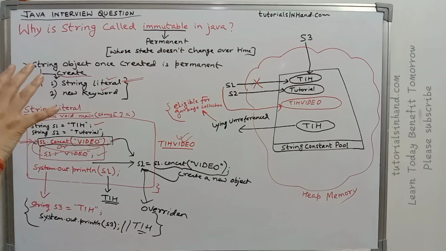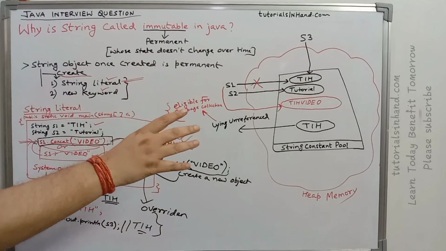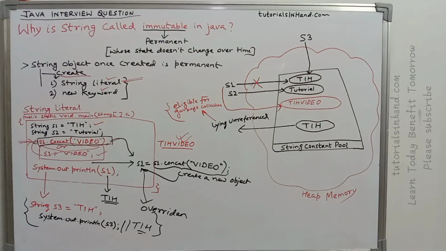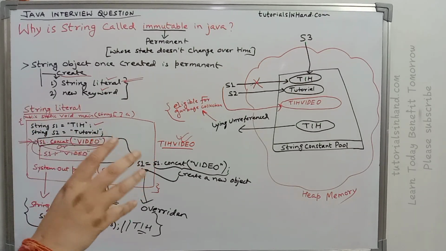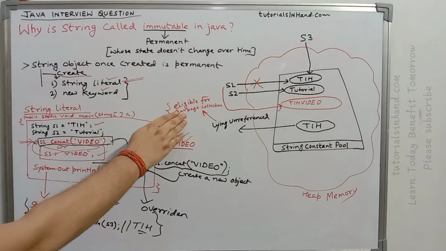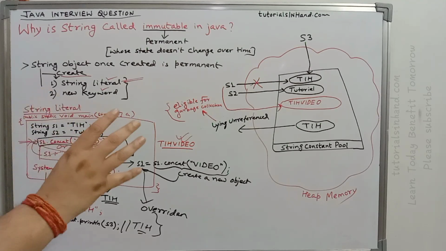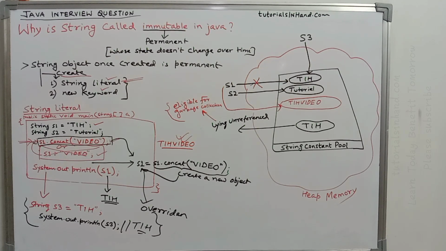That is not related to this immutable concept, but still while explaining immutability you will come up with a situation where your object will lie unreferenced, and your interviewer can ask you a follow-up question about what will happen to this unreferenced object. So you can easily answer that once it is lying unreferenced, it is eligible for garbage collection, and once the garbage collector runs, it can remove this unreferenced object so that memory will be saved and you will have enough memory space, right? So this is why string is immutable in Java.